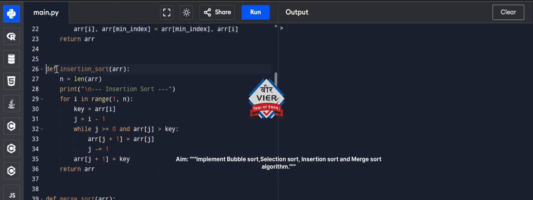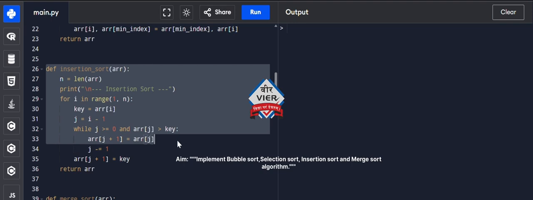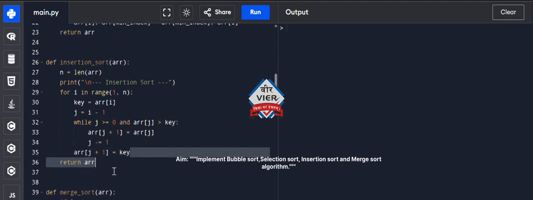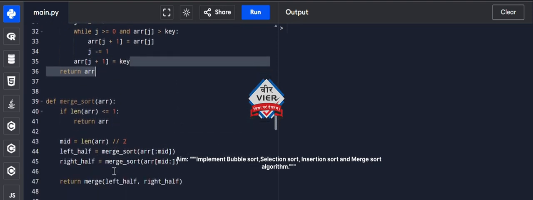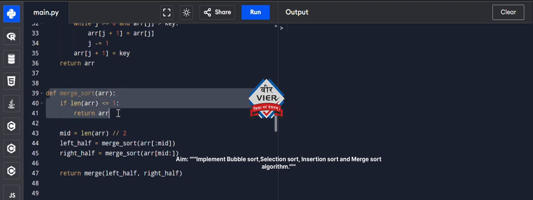Code line and its role in the algorithm. min_index = i: the assumption, we assume the current position i holds the minimum element. For j in range(i+1, n): finding the minimum, this loop scans the rest of the array, i+1 to end, to find the true smallest element. If arr[j] < arr[min_index]: update the minimum, if a smaller element is found, min_index is updated to its position. arr[i], arr[min_index] = arr[min_index], arr[i]: the final swap. After the inner loop finishes, the smallest element is swapped into the correct position i.